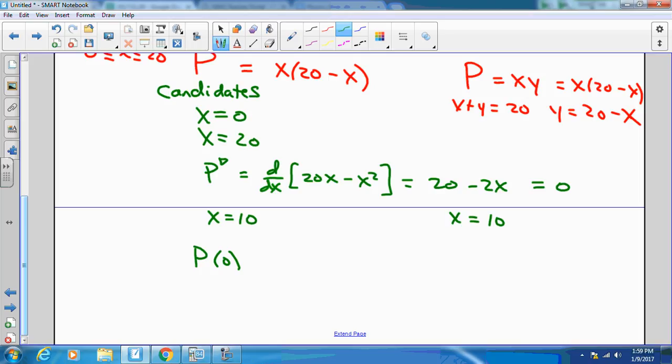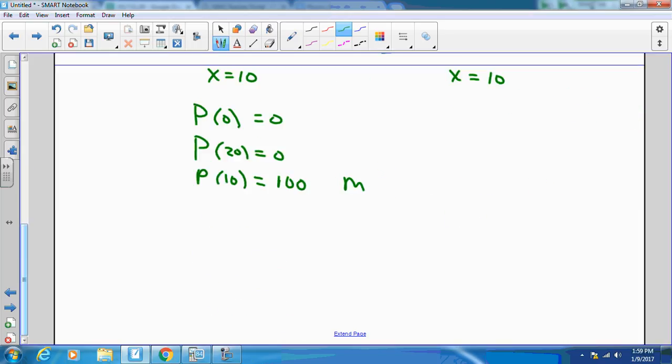Now I can evaluate the product. The product when x is equal to 0 is 0 times 20, which is? The product when x equals 20 is 20 times 0. Did you notice the symmetry in that problem? If one number is 0, the other is 20, right? And then the product at 10 is 10 times 10, which is 100. So we have the max